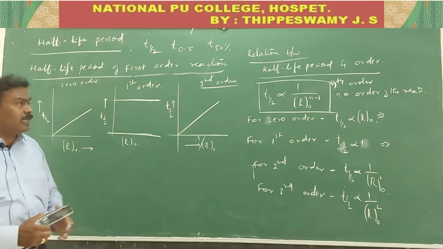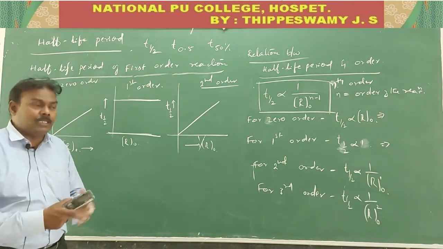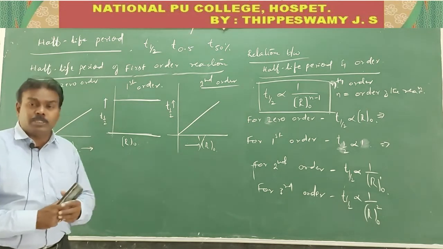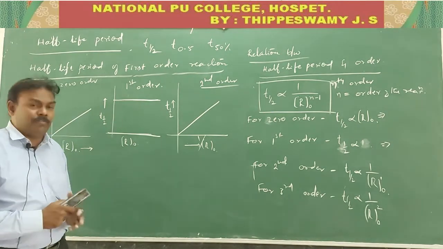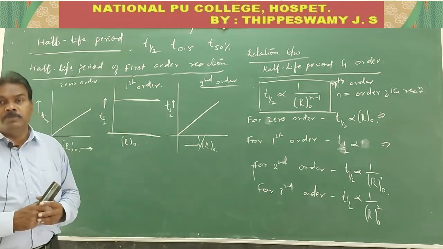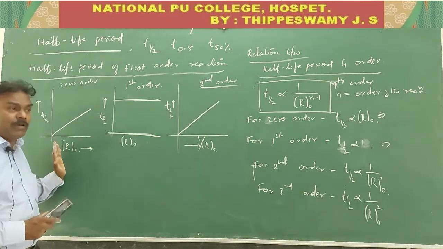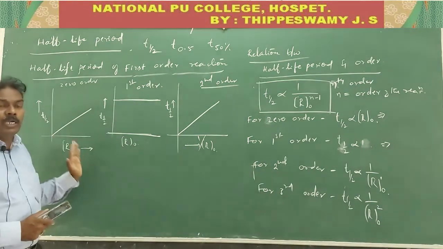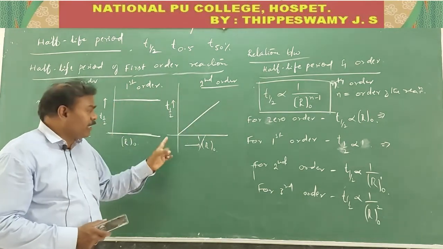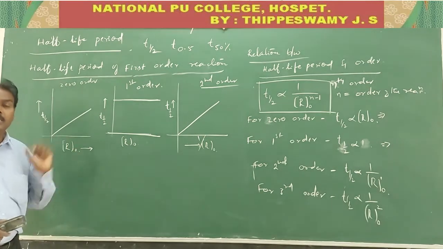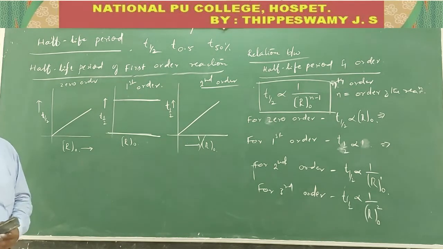These kinds of graphs appear in the competitive examinations. That's why I am telling you, you should know all the points. While studying, don't think only from the point of view of the PUC examinations. You have to study well about all these concepts. It may be the nature of the graph, or a relation given like this. These are all important things. So what is the nature of the graph for the half-life period and concentration of a zero order reaction, first order, second order, third order? If you plot a graph, we are getting the nature of the graph in this manner.